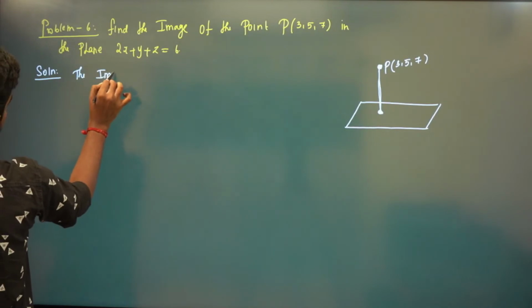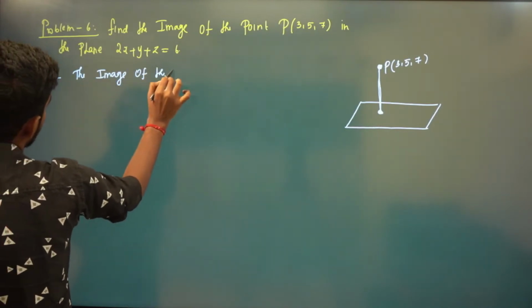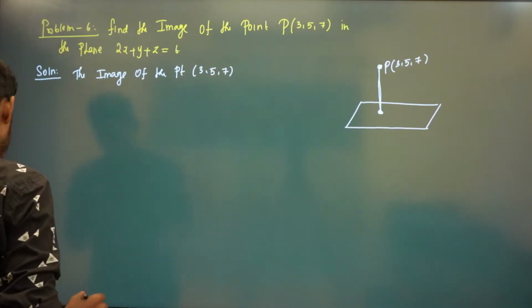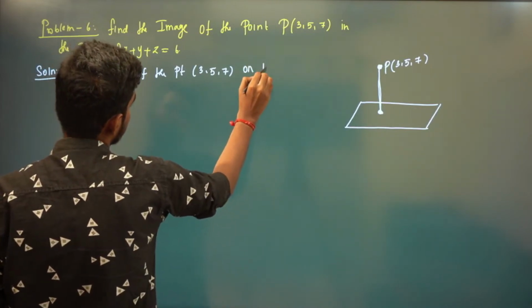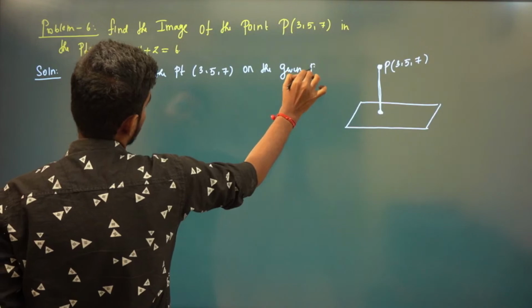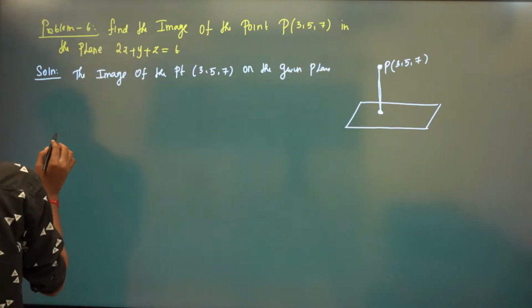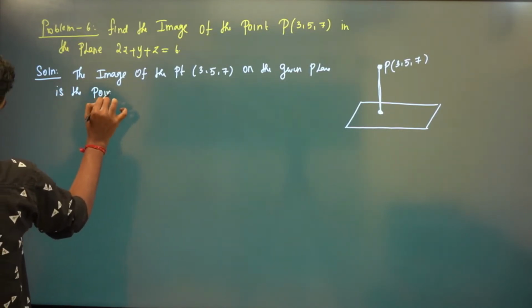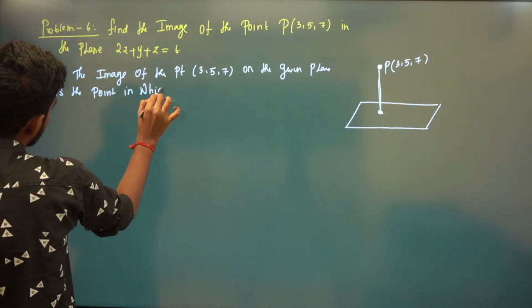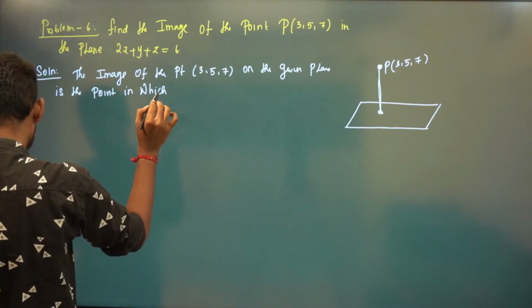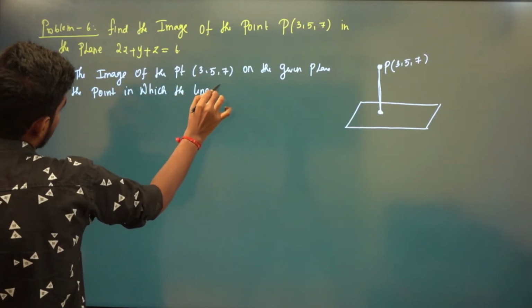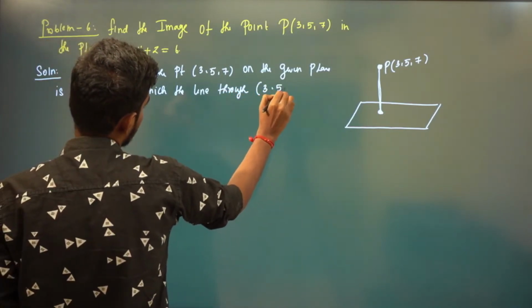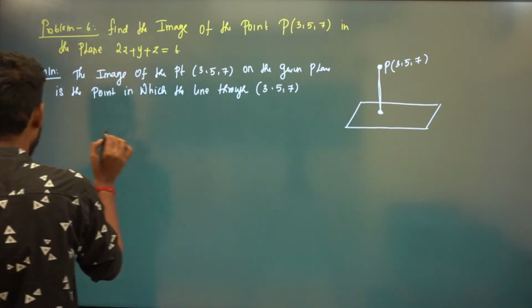The image of the point 3, 5, 7 on the given plane is the point in which the line through 3, 5, 7 perpendicular to the given plane